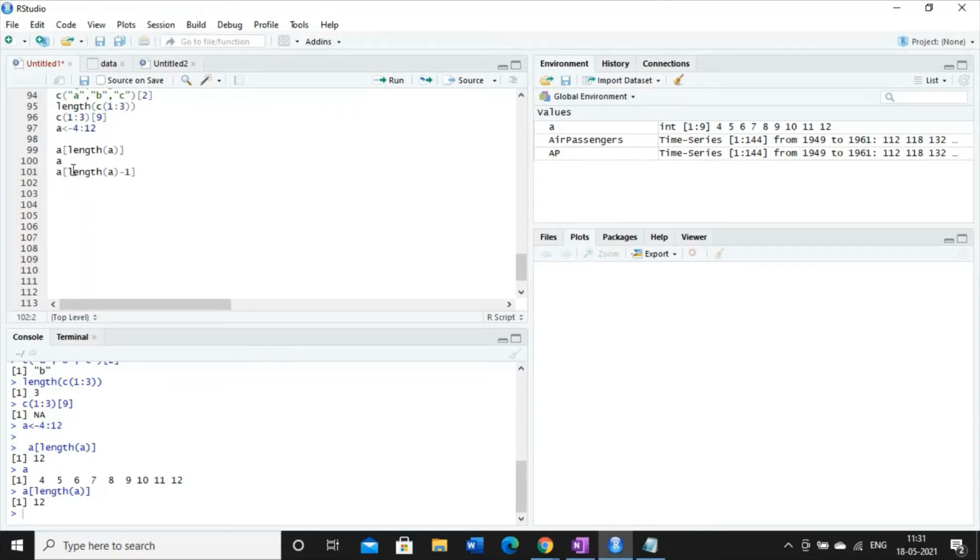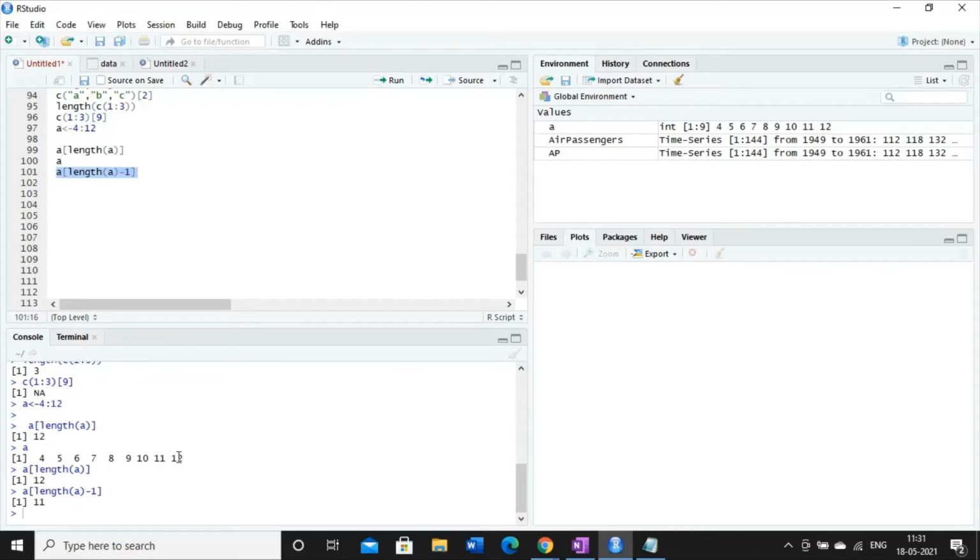We have discussed that whenever we write the length function within square brackets, it helps us fetch some value. In the previous case, it was fetching the last element of the vector. Now here I have written -1 along with this. So basically, here I want to extract the second to last element of the vector.